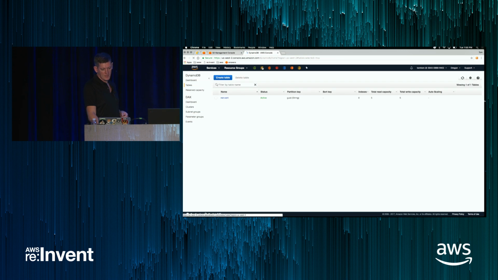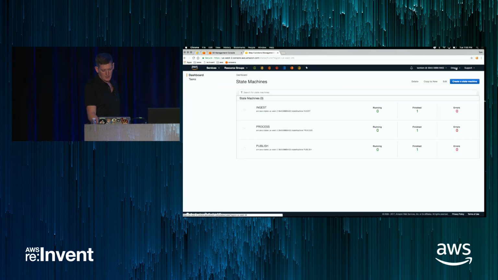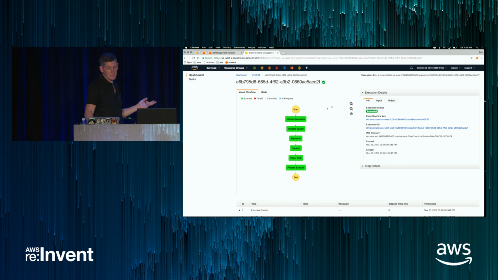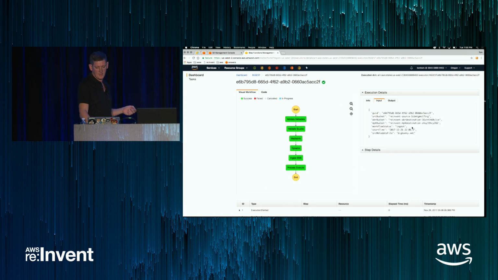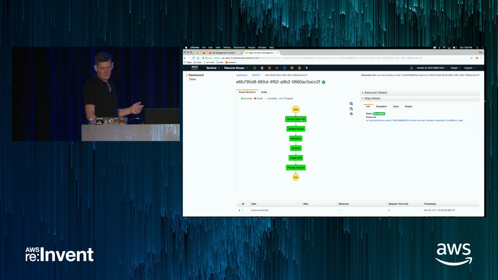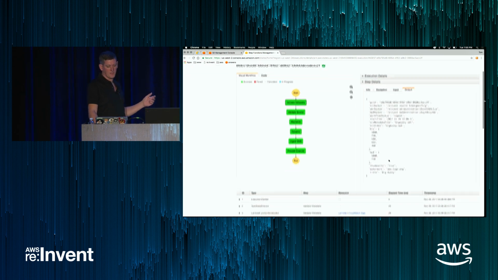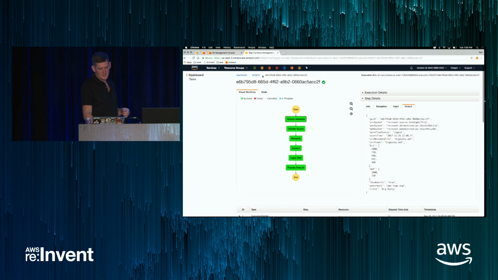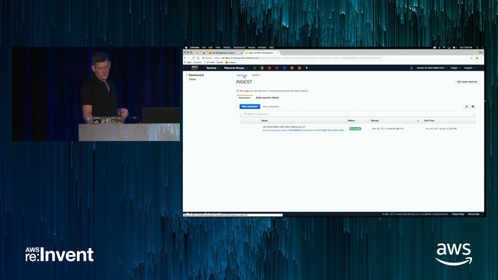So back to step functions. We now have our 3 step functions. We have the ingest process, and we added that validate metadata step. If we look at the input now, you can see we're getting in this XML file. If we look at the output from that step, you can see that it's passed the XML file and just added those settings into the event data that's been passed through our workflow. We've got our decoupled steps, so Dynamo is a separate piece. If we go to processing,